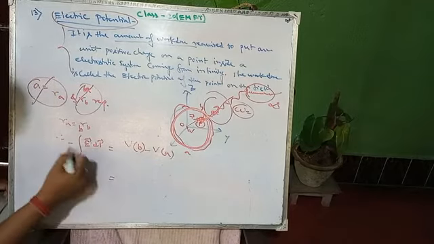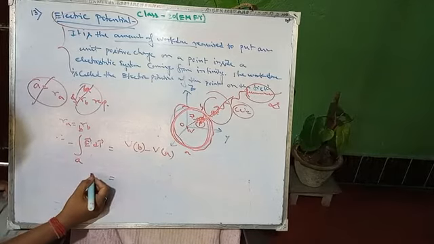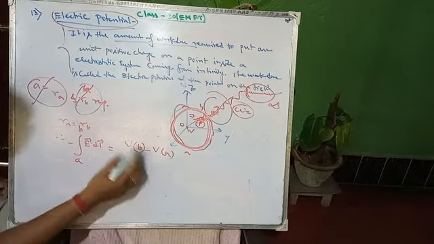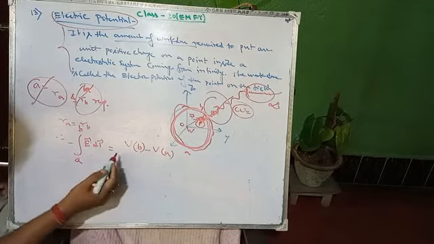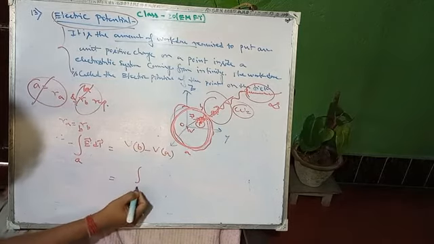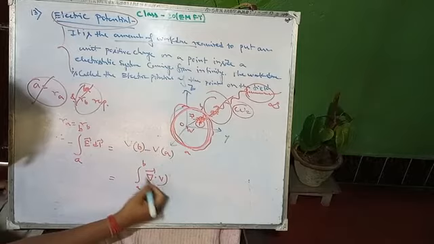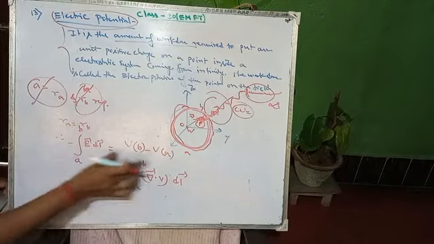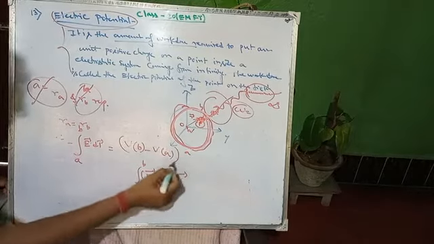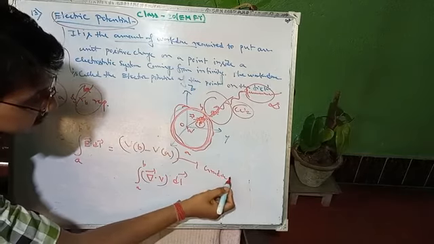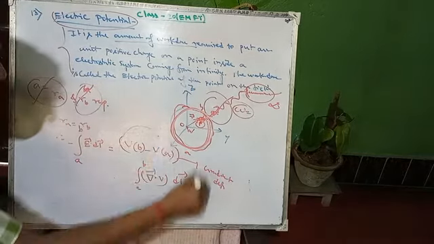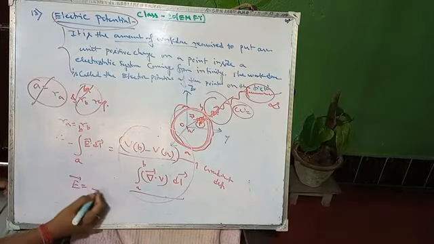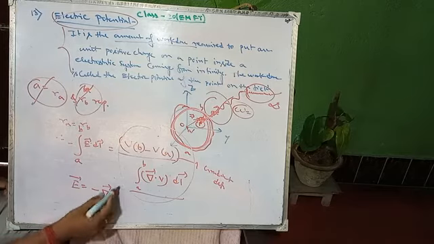So this will be your VB minus VA, that will be equals to the integral from A to B of gradient of V dot dl. So now if we compare this one equals to this one, if we put the gradient definition over this line, this one can be represented as this one, so they just cancel out themselves. E equals to minus gradient of V.